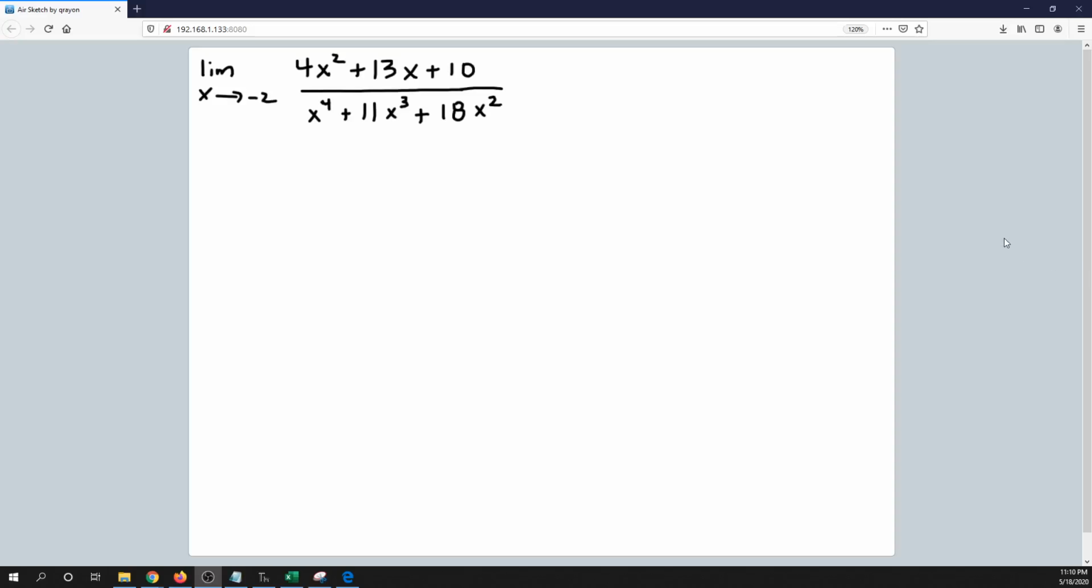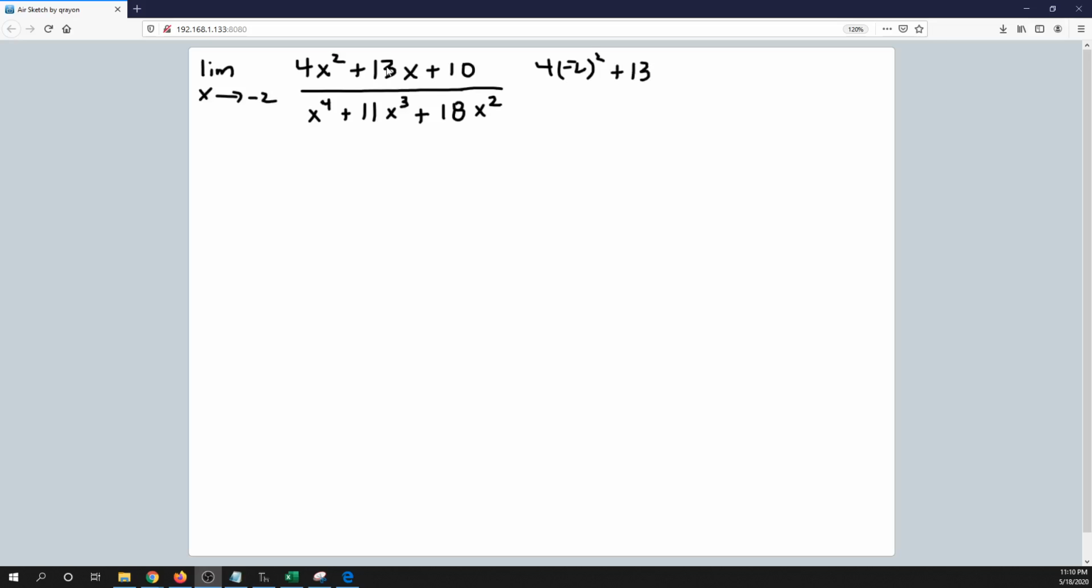In this video, we are going to take the limit of this function. This is a rational function, and we're taking the limit as x goes to -2. So what we do is just plug in that -2 and see what we get, and then go from there. All right. So plugging in this -2 for x, I get 4 times -2 squared